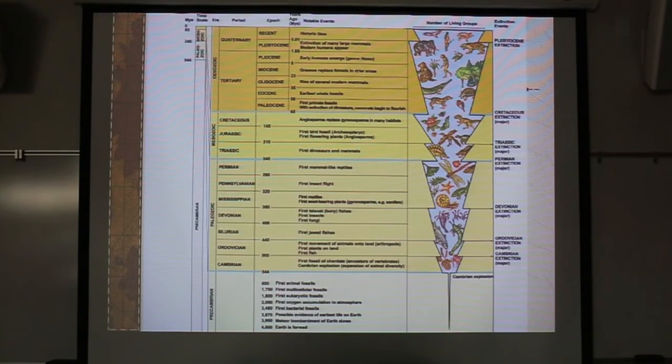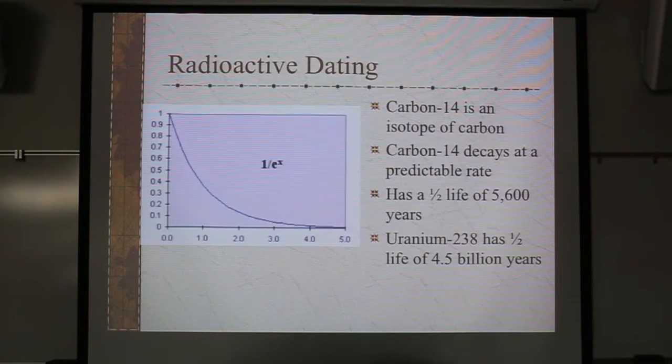So this gives you an idea, and starting from here, this is older, and as you move this direction, this is newer. So this is modern historic times here in the early part of the Cenozoic. One of the things we can also do is compare how old something is, not just based on where they find it in, say, a level of sedimentary rock, which is layers of rock laid down by sediments,